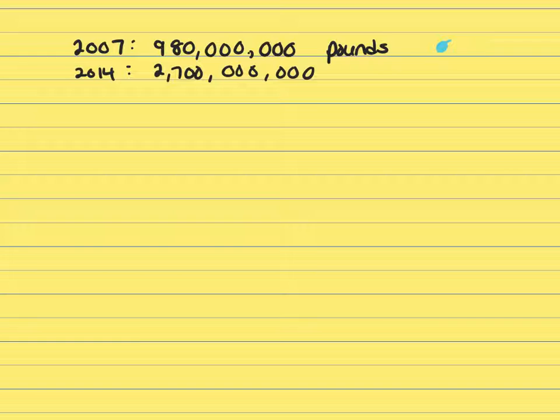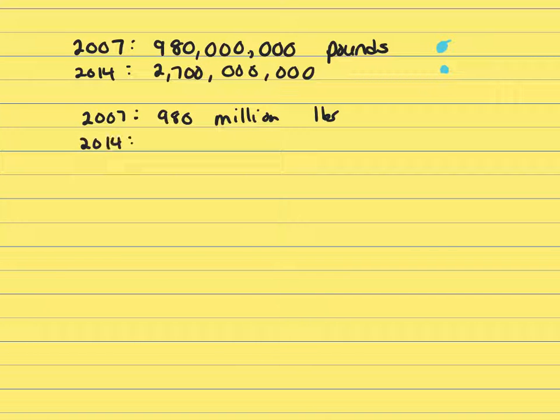And in 2014, 2,700,000,000 pounds of milk. So let's change these to both millions because they want it in that form. Approximately how many more million? So 2007 would be 980 million pounds. And 2014, we want this to be millions,